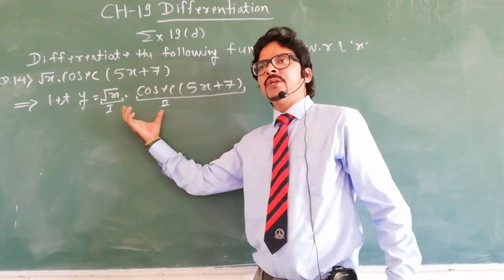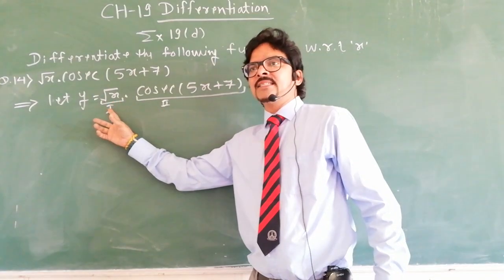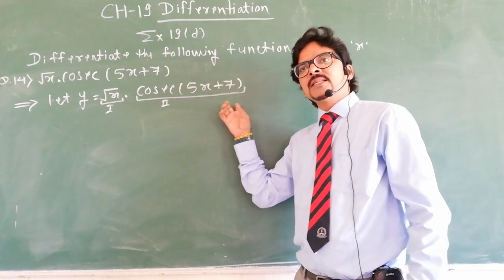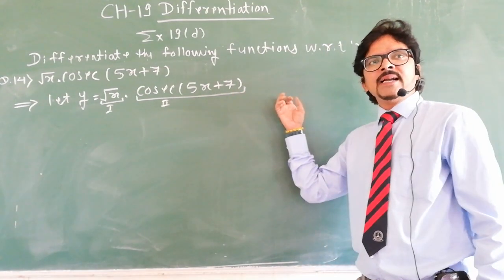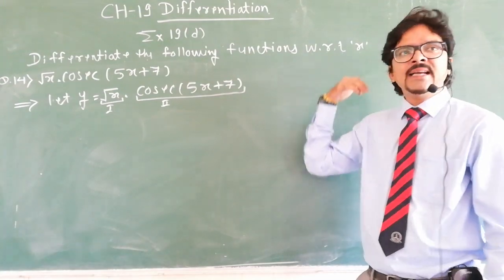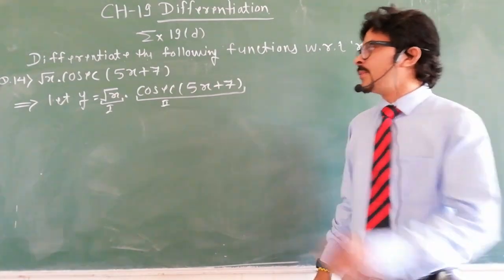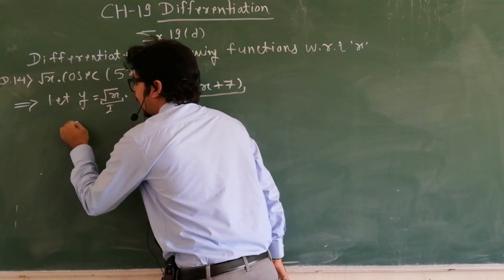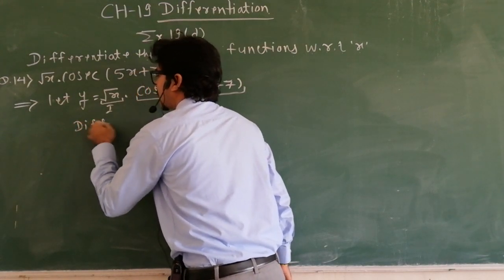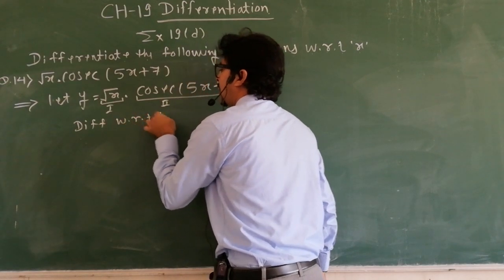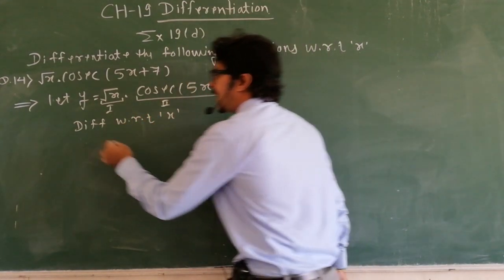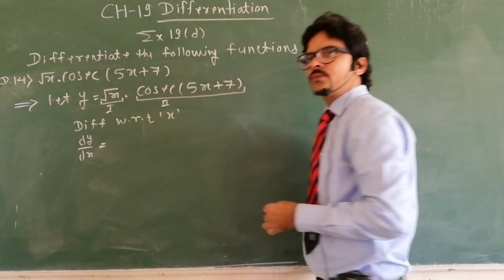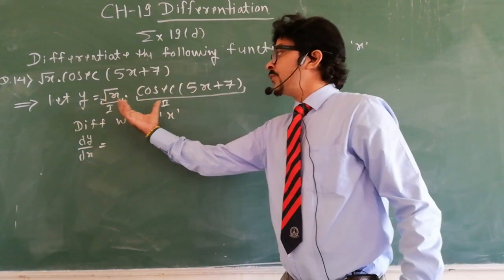As you know, the u into v rule is: first function as it is, derivative of second function, then in between the sign is plus. Now on the second term, we write the second function as it is and the derivative of the first function. So we'll apply the u into v rule. We differentiate with respect to x on both sides. So on the left side, dy by dx is equal to,